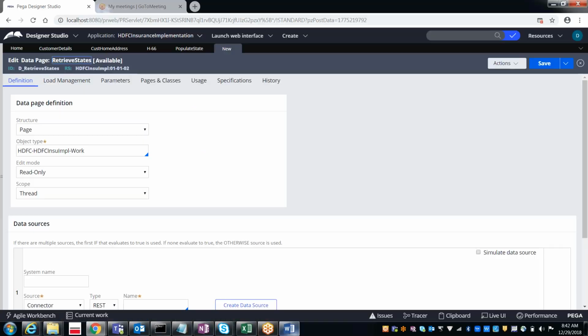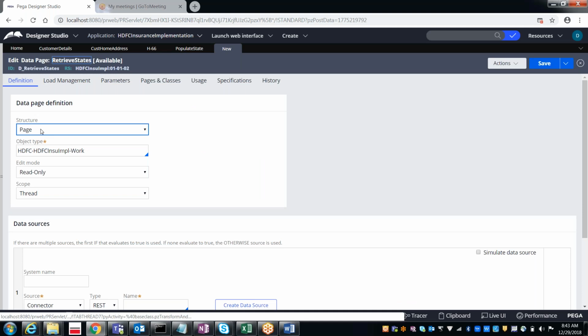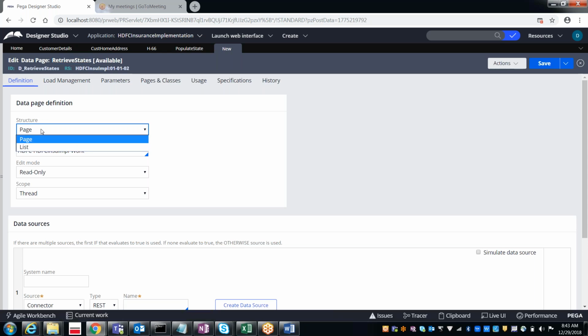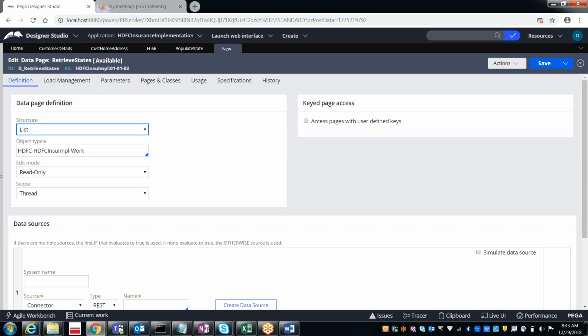So what does the structure mean? Here again, you want to create just one page or multiple pages. That means one record or multiple records, which you can select in the structure. If you want to have only one record, then we can go for the page. And if you want to have multiple records, then we can go for the list.